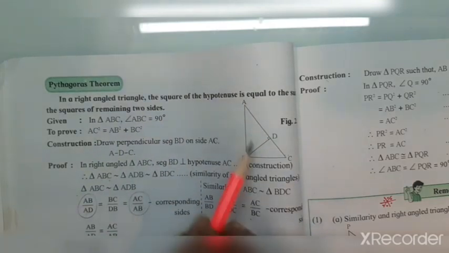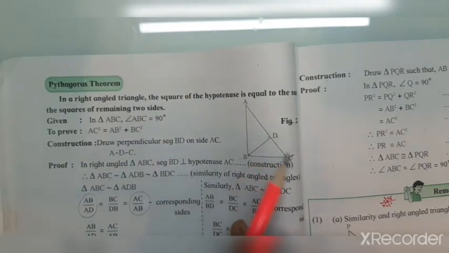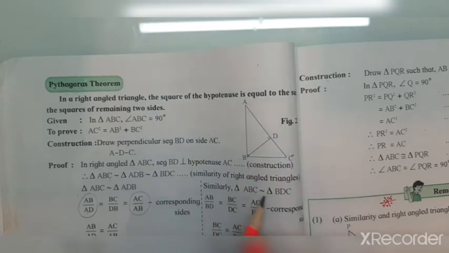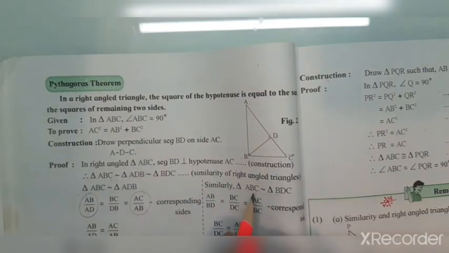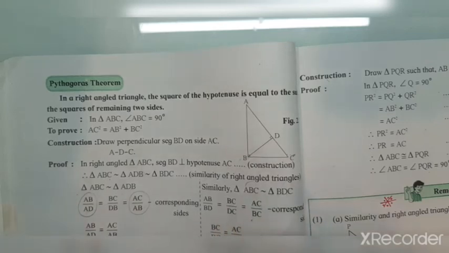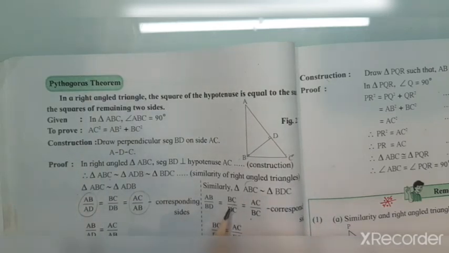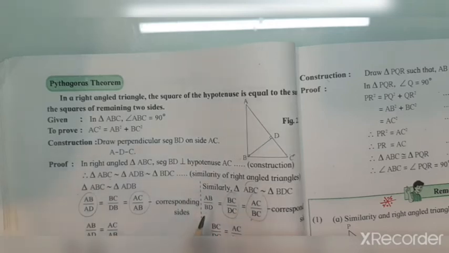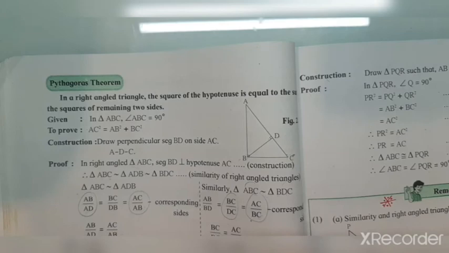Now we take another two triangles, this big triangle ABC and this small triangle BDC. Again they are similar, therefore sides are in proportion. So AB upon BD is equal to BC upon DC is equal to AC upon BC. Again, which two ratios? Look at the ratios and decide. Yes, the second and the third. Why the second and the third? Because BC into BC we will get BC square. So we take the second and the third ratio and cross multiply, and we get BC square equal to DC into AC. We got two statements.